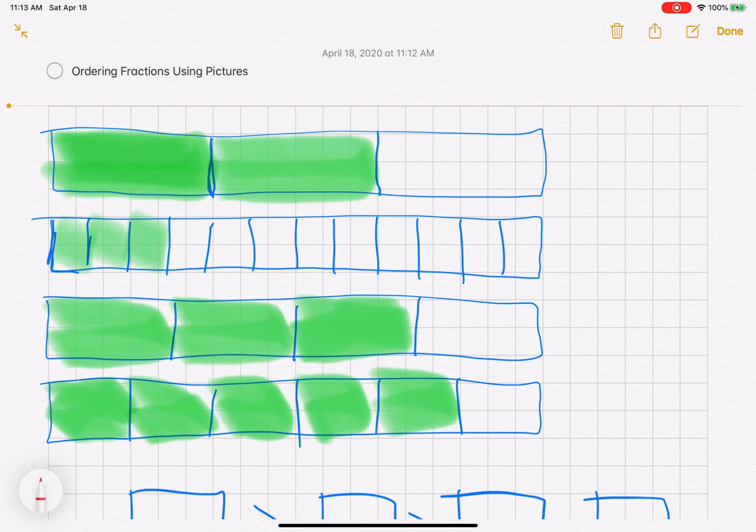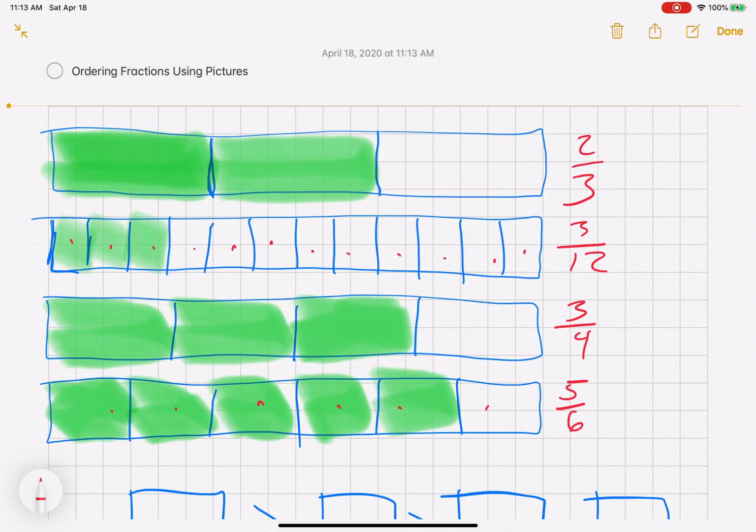This one is 2/3, 1, 2, 3, 4, 5, 6, 7, 8, 9, 10, 11, 12. This one is 3/12. This is 3/4. And this is 1, 2, 3, 4, 5, 6. So this is 5/6. Now, if we only looked at the fractions, it's very difficult to actually tell immediately,